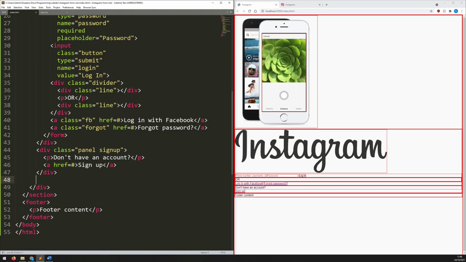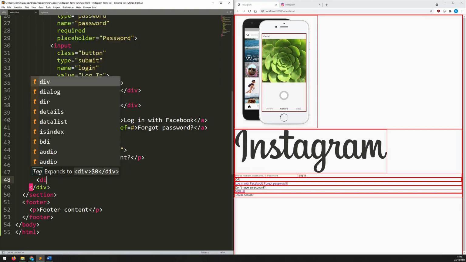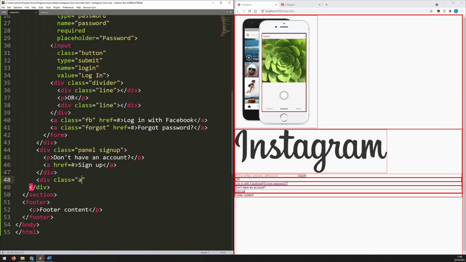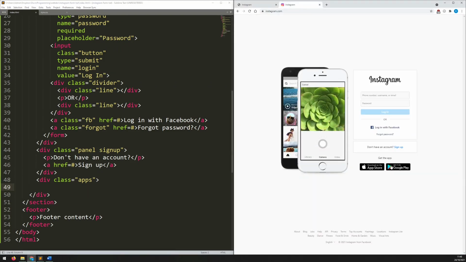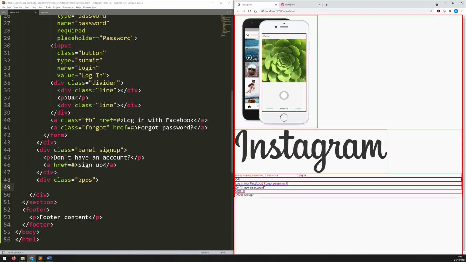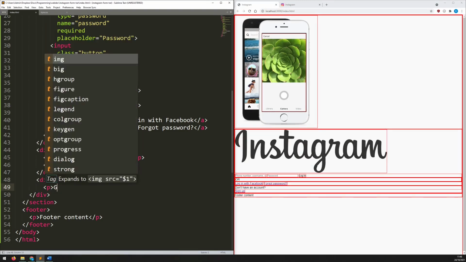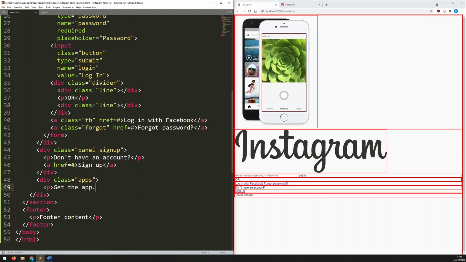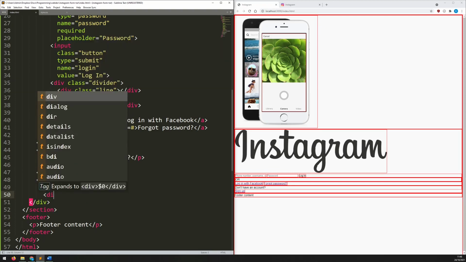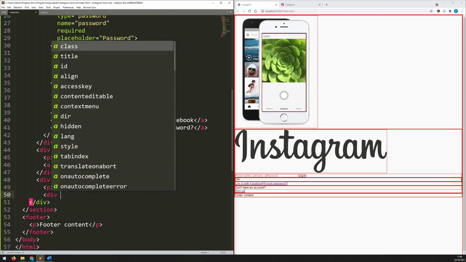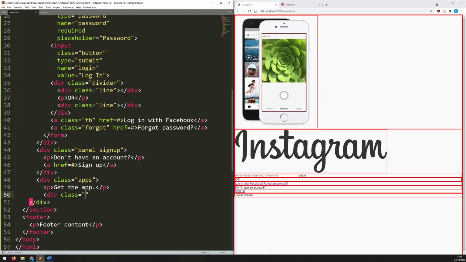And the last div that's underneath this is for those apps. So we'll say div class is equal to apps. And within this one, again, not a whole lot. It just says get the app, and then there's a couple of images that are links. So they're going to link into that app store. So we'll add a paragraph here to say get the app, close that tag, and then I'll add another div because I want those two images to be inside their own little container. Say div class is equal to app stores,